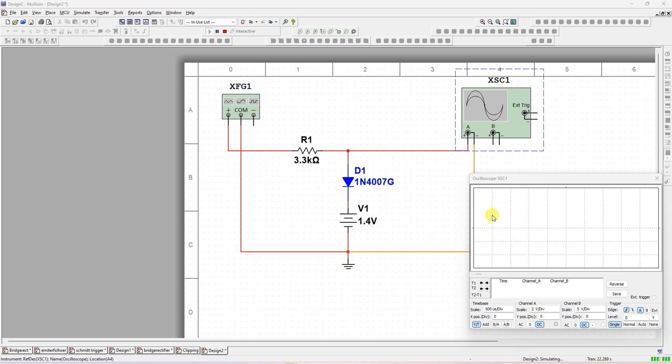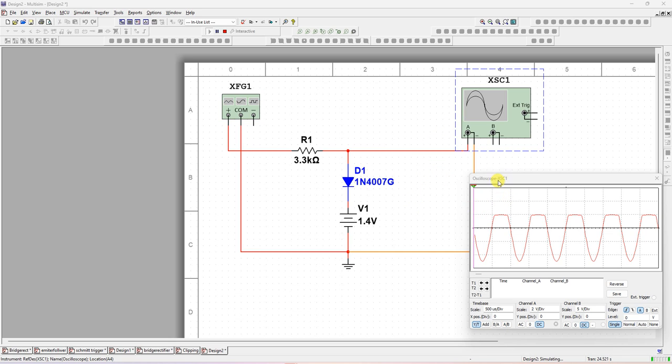This is positive peak clipper. Okay, this is positive peak clipper. Positive peak clipper is also called negative clipper. I think you can see that. So this is positive peak clipper. Okay. Now